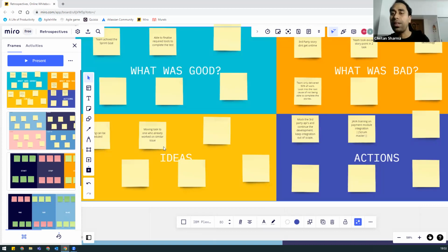capacity, like to check the capacity, analyze, balance the workload, plan these things. Those are the sprint planning. And to identify the gap from the past experience,